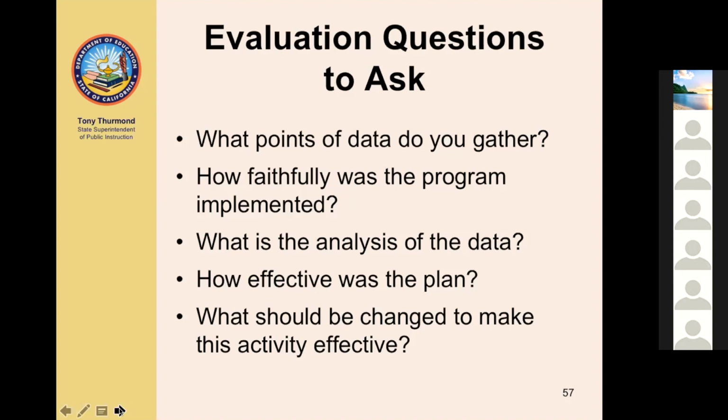How effective was the whole plan in its entirety, as well as specific sections? And how would you guide the SSC in making changes to a specific activity that is either not effective or can become more effective? So again, these are all questions to keep in mind as you develop and address this part of your process of evaluating the services of your plan.